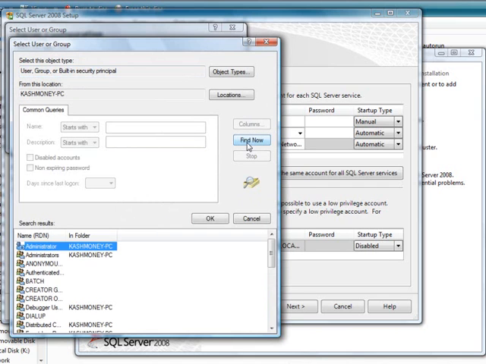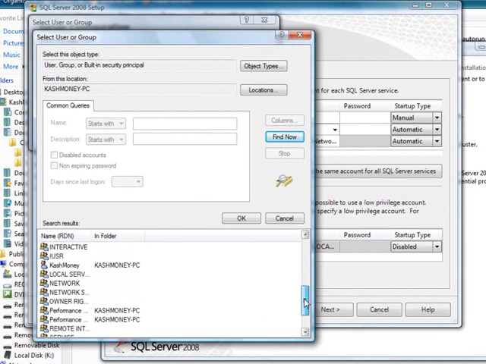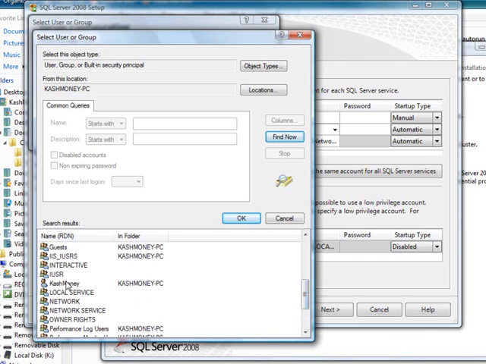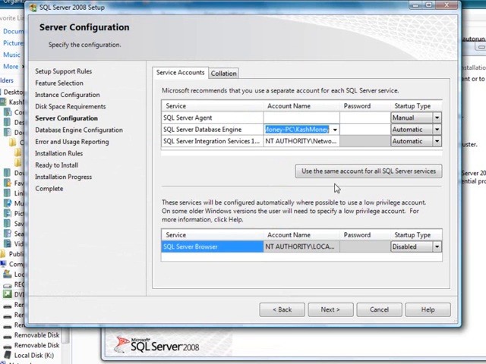Also, you never really want to use the local service accounts because of the high privilege that's attached to those. So for now, just for ease, I'm going to select my user account as the one to use, which is not best practice, but just for the sake of ease, I will